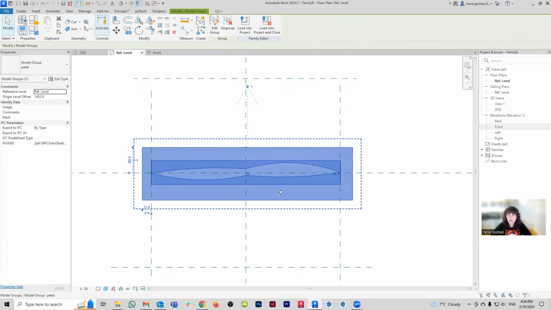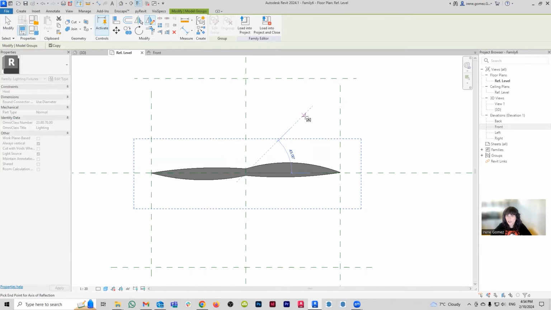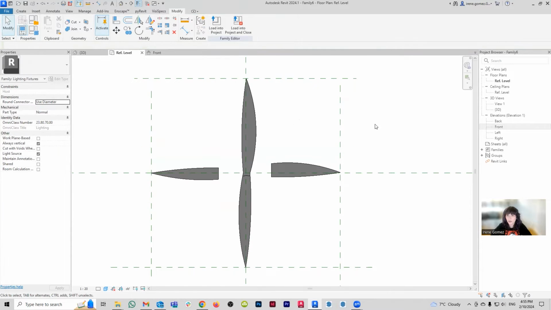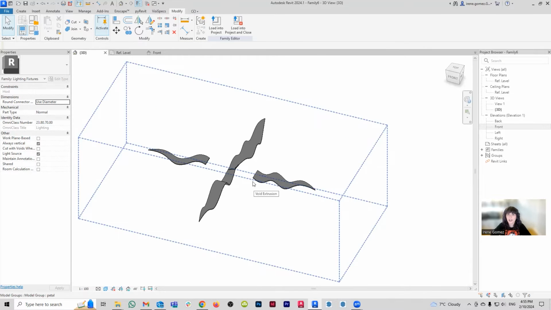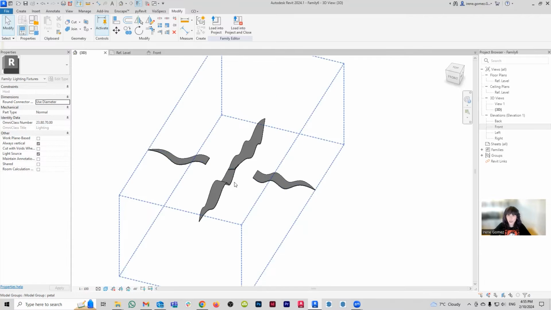Okay, and what I want to do first is mirror it, so I have a little bit more variety. So I'm going to come here, and I'm going to mirror based on a draw-in line, and that draw-in line is going to be a 45-degree. There you go. Oh, if this happens to you, basically what's happening here is that a geometry is cutting something that it shouldn't be cutting.